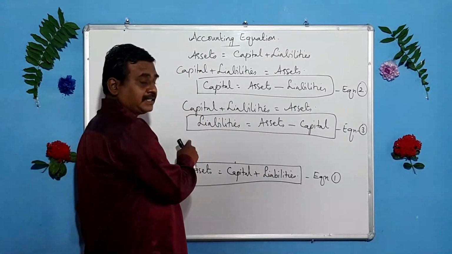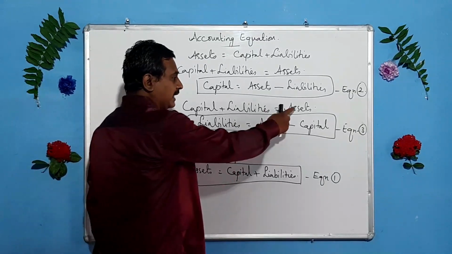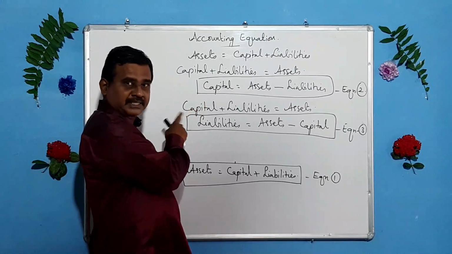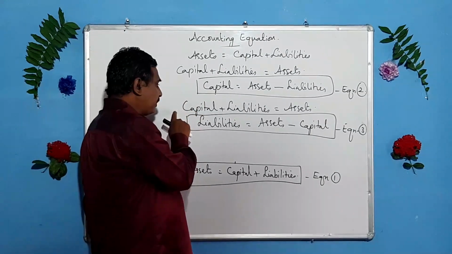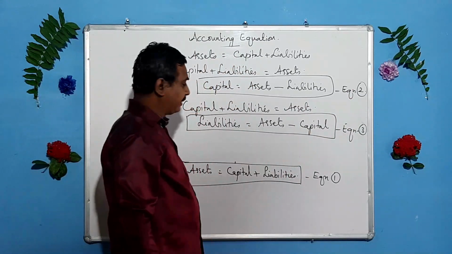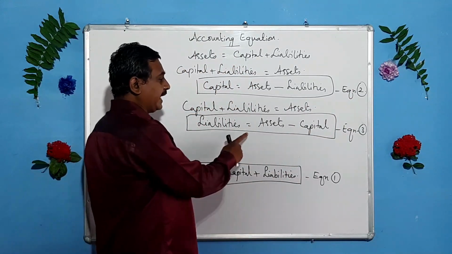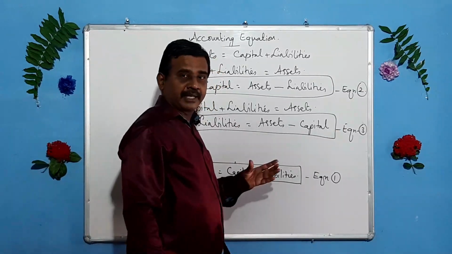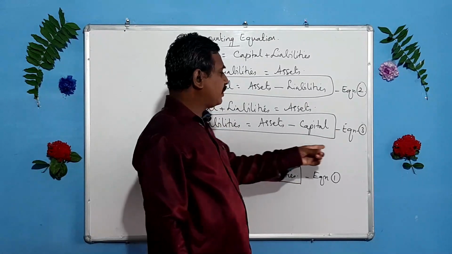So liabilities is equal to assets. Take this. Here there is no sign, it means there is a plus sign before that. When there is plus capital, when it is taken to the opposite side, it becomes minus capital. So liabilities is equal to assets minus capital, and that equation can be taken as